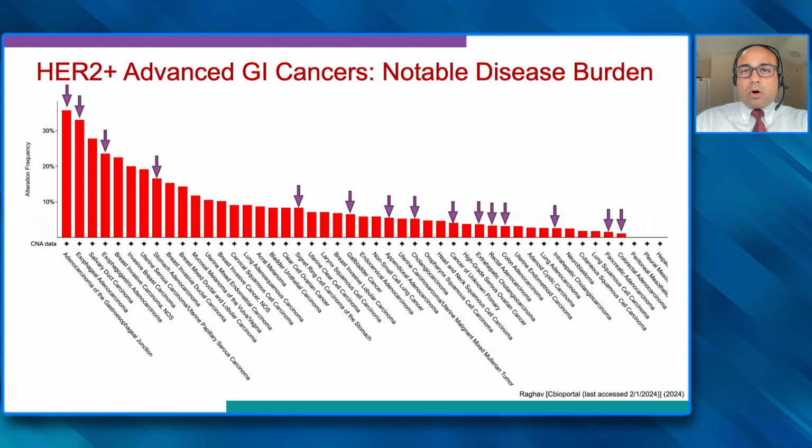And this is the broader spectrum of how HER2 spreads across all advanced GI tumors. The top five arrows are usually dedicated to gastroesophageal tumors, where incidence can vary anywhere between 25 to 30%. But then there are a smattering of these lower GI tumors, such as colorectal, pancreas, cholangio, and biliary tract cancers, where also HER2 amplification plays a role.